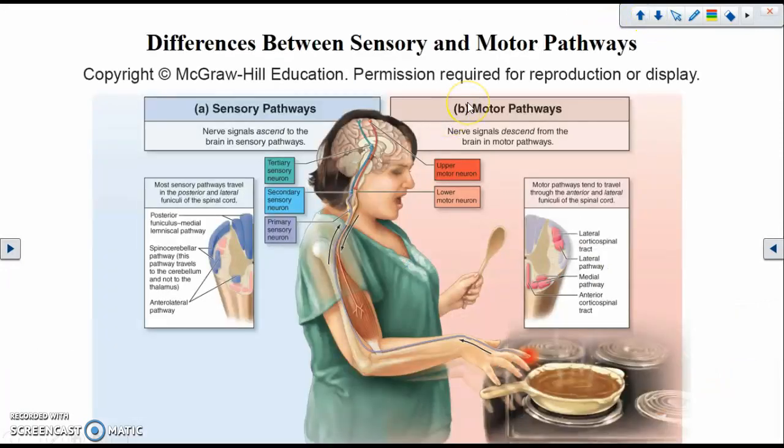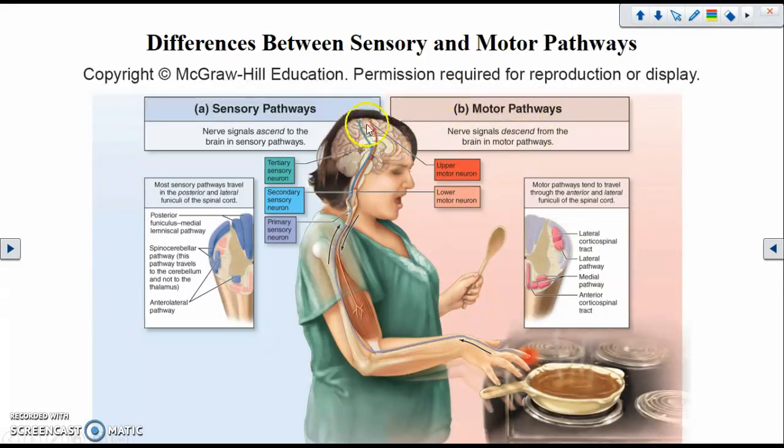All right, so why do we care about the spinal cord? Well, the spinal cord is where messages to and from the brain travel. There are 2 different types of pathways. We have sensory pathways, also called ascending pathways. As you can see, it says ascend. Why are they called ascending pathways? It's because the messages are traveling up. So ascending means up. Motor pathways normally come from the brain and travel down, and that's why they call